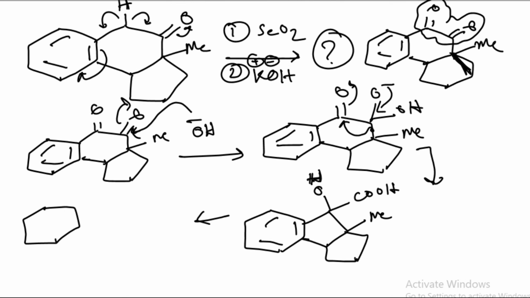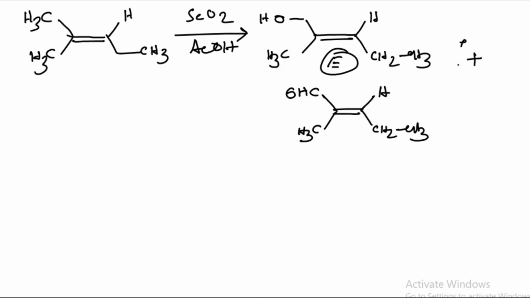So this will be the actual product, and after that, if you heat for a prolonged time, this carboxylic acid may get decarboxylated. Okay, because that negative charge will be stabilized by the methyl, by the benzene group. Okay, so this example is very important. So now I will explain one thing which is a very minor thing.